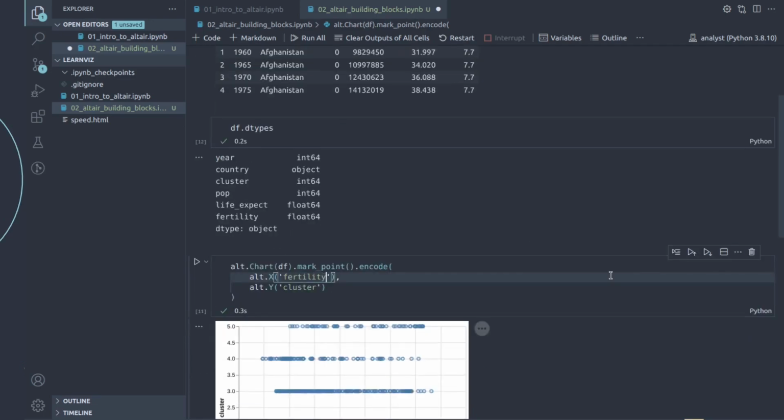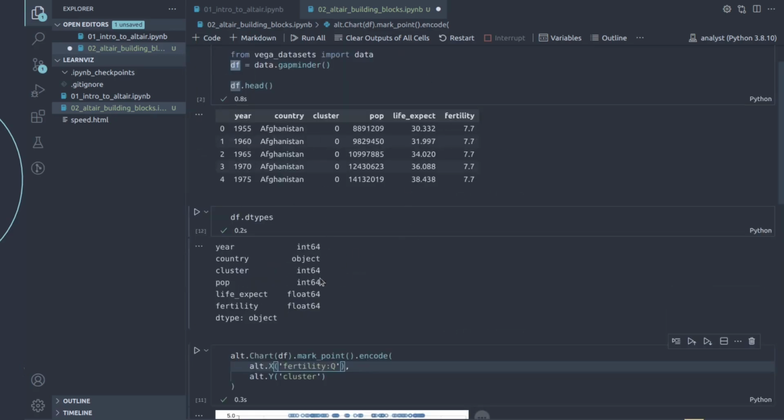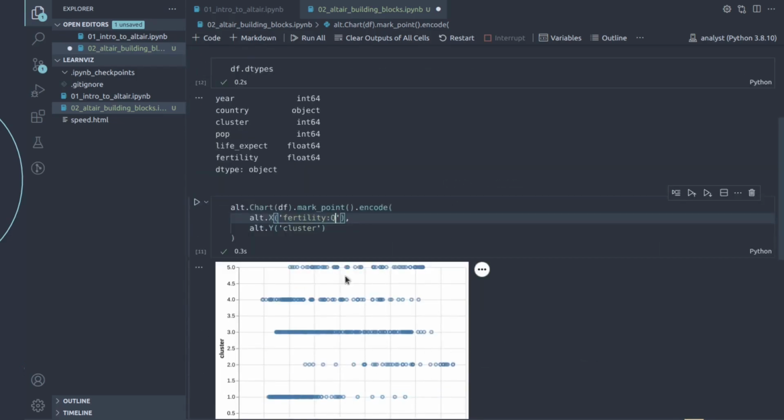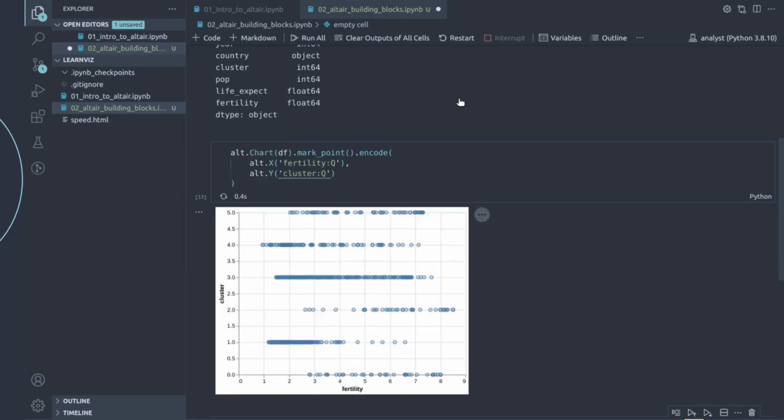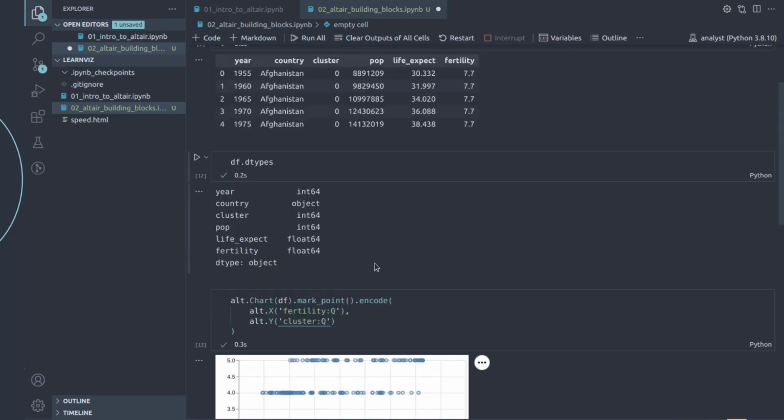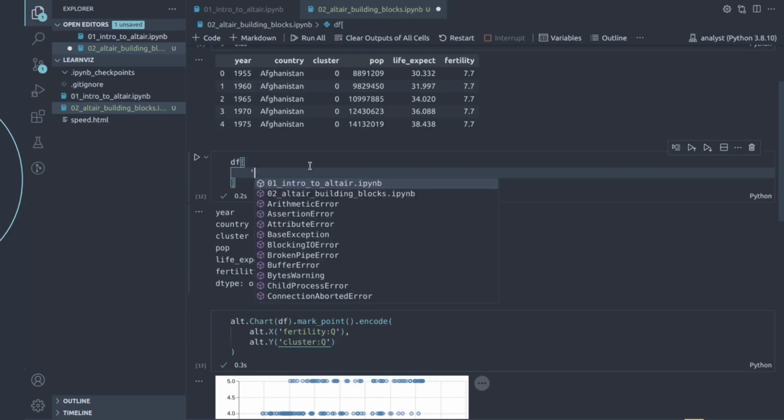So even if you did not specify that, Altair is going to infer from the data types of the data frame that this is a quantitative type and this is a quantitative type, and it's going to then create the grid lines for it. So even without specifying anything, it's just going to assume that. If you put quantitative here, then everything should still work. But we know that cluster probably doesn't make sense as a quantitative, because if you inspect that,